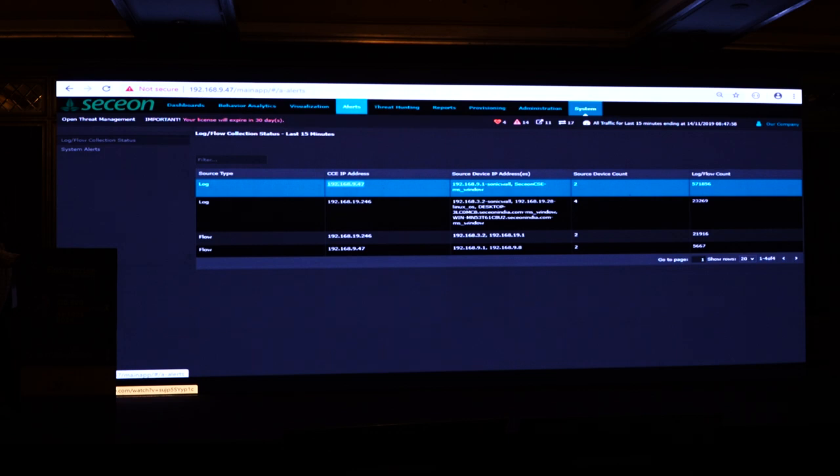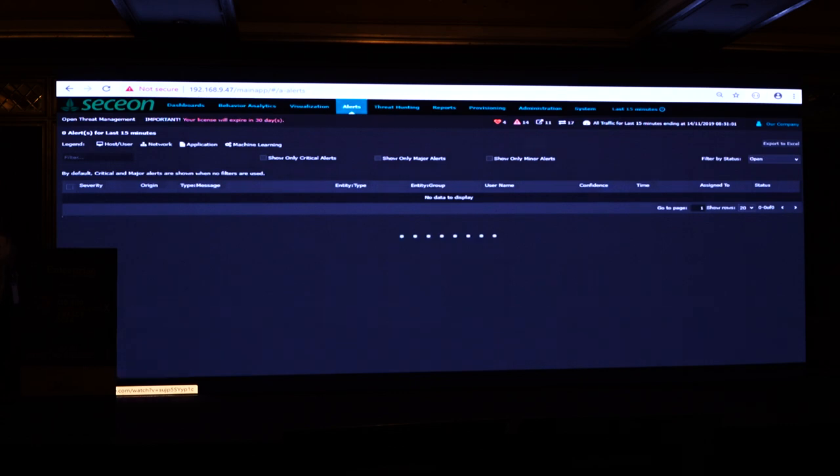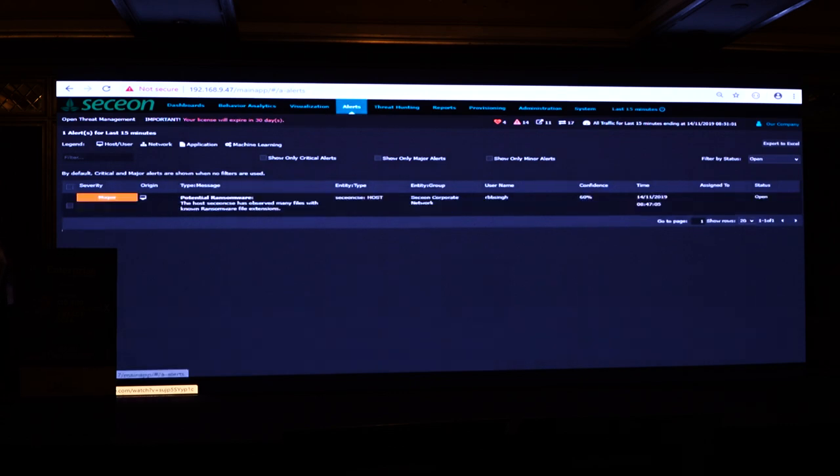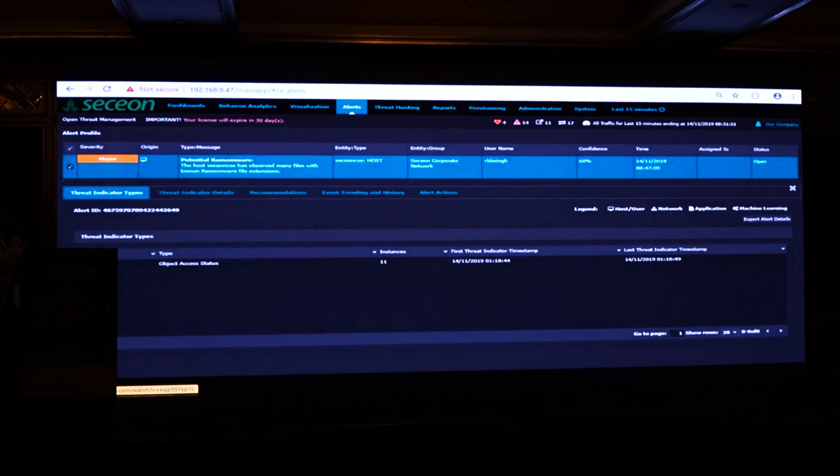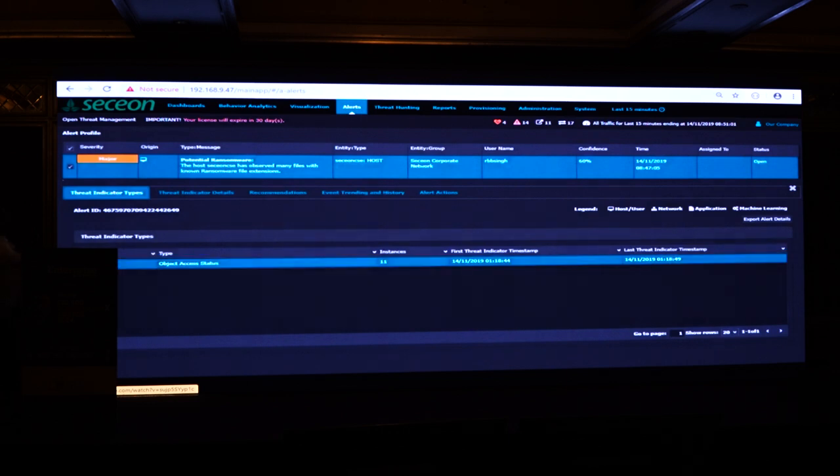Let's get back to the alerts and see if the activity we did has triggered there or not. Here it is. A major potential ransomware. With the time and the progress of the ransomware activities on that VM, this will turn into a critical ransomware attack as well. Double clicking on this major, I can see that it has object access status event 11 instances